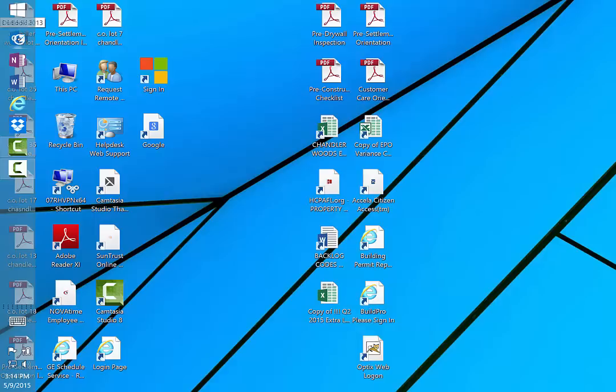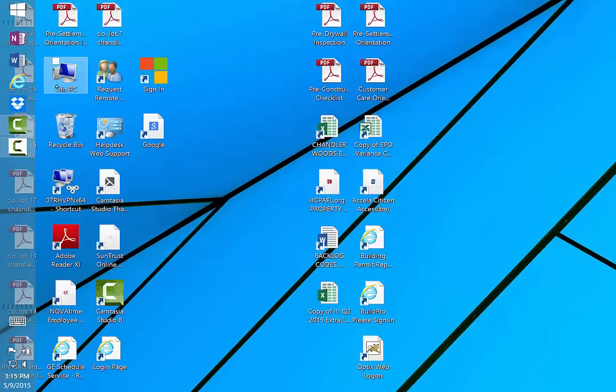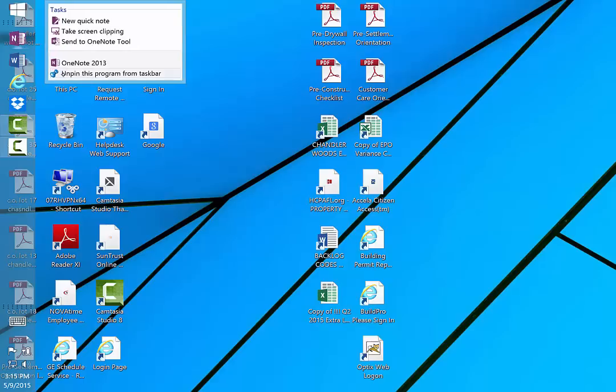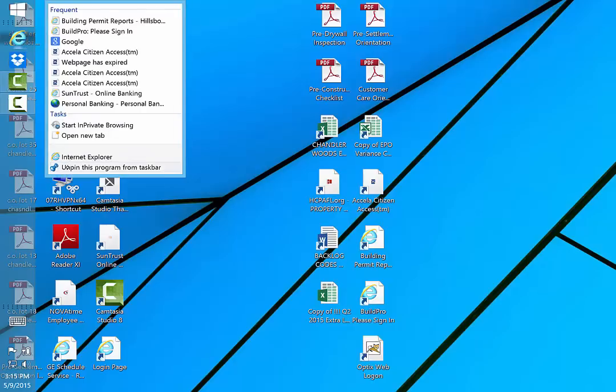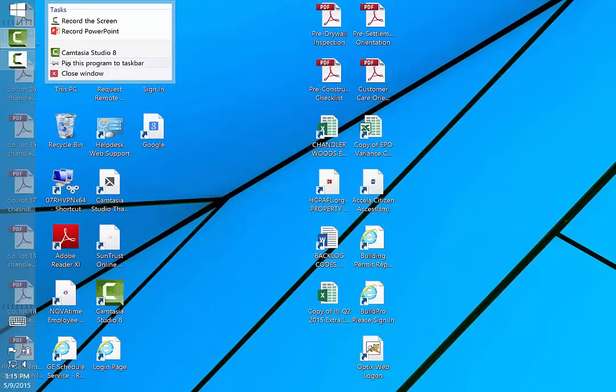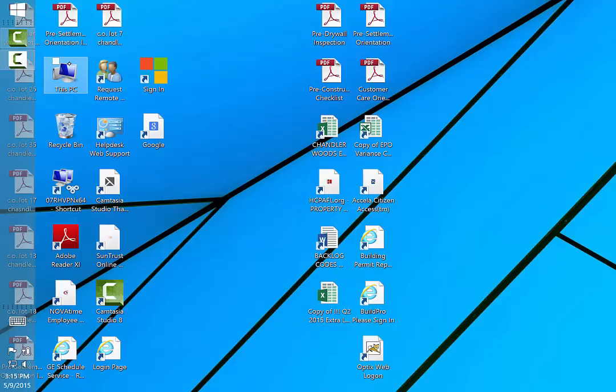In order to remove a program from the taskbar, hover over it till you get a circle. When the circle shows up, it's going to say unpin, and it's going to give you several choices. The one I'm going to choose is unpin this program. So I'll go ahead and unpin all these from my taskbar. Okay. Now my taskbar, you can see, is completely void except for the two programs that I'm currently running in